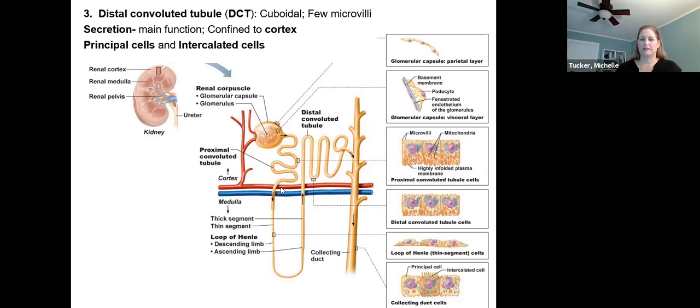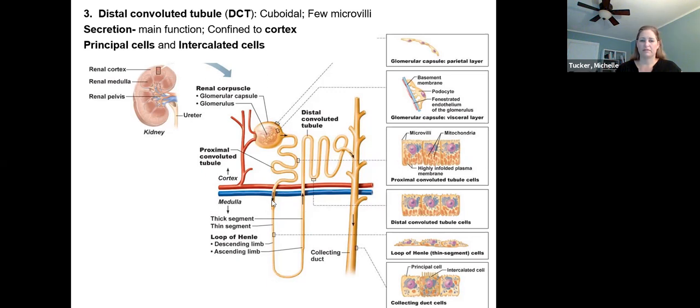And then in lab, because each model is set up a little differently on the nephron board, make sure that you're tracing the pathway from that glomerulus so that you know exactly which is the proximal convoluted tubule, which one is the distal, and if you're on a descending limb or an ascending limb when you have to identify structures. Just a little hint. Okay,